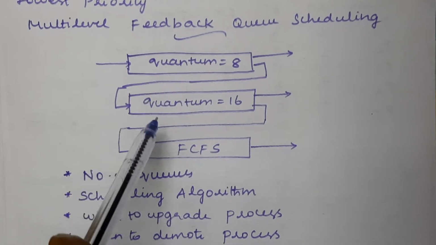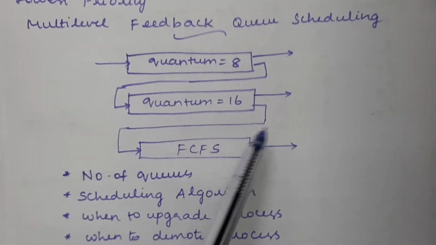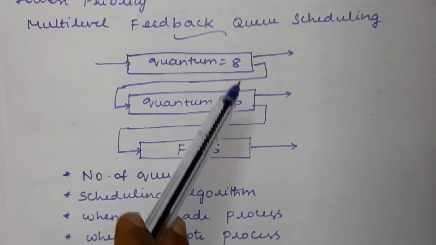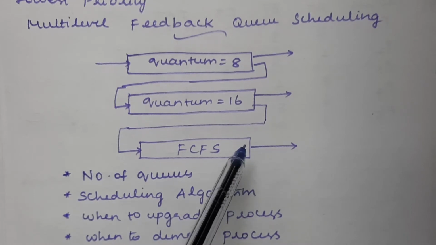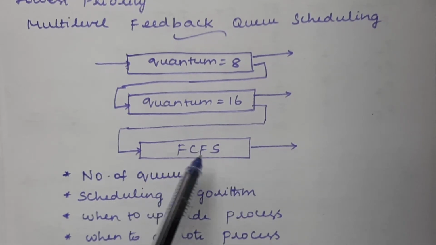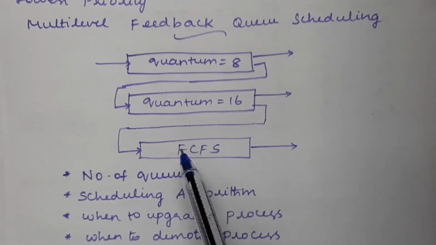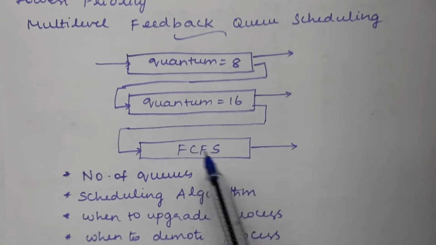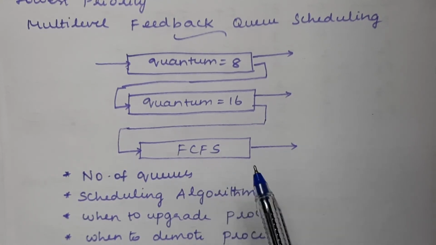What is another difference we have under multi-level feedback queue? Not all the levels, but some of the levels will follow the round robin scheduling algorithm, and some of the levels will follow FCFS. The lowest level of the queue will follow FCFS because we don't have further levels, so we can follow FCFS itself because that is the last process we have. We don't have any further process. If you follow this kind of scheduling algorithm, it will be better.